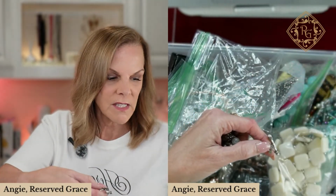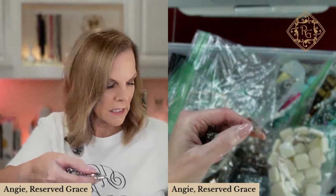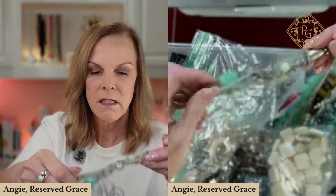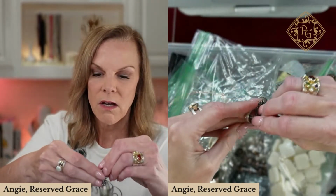I think this is Premier Design. There's probably a considerable amount of Premier Design in here. It's one that I did not bring on into Reserve Grace. I want to do stretch. Well, I would not have guessed that at all. Anyway,